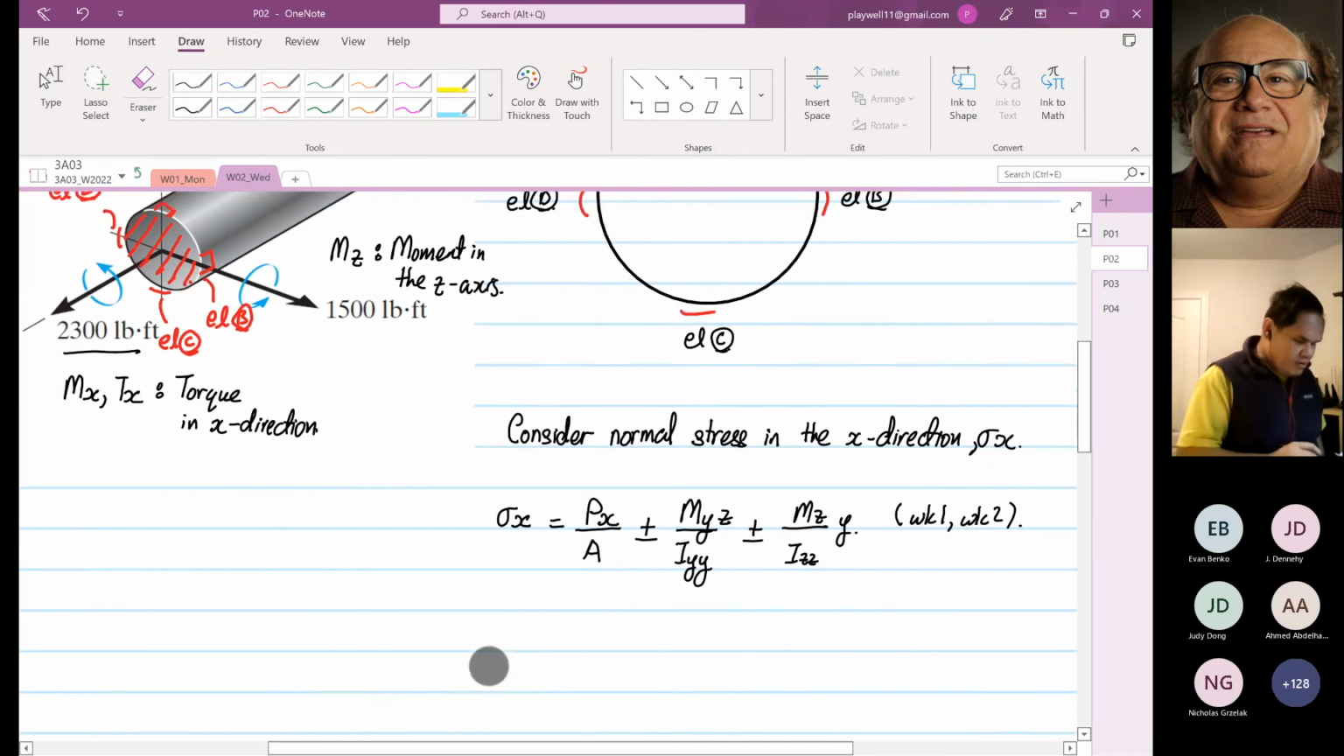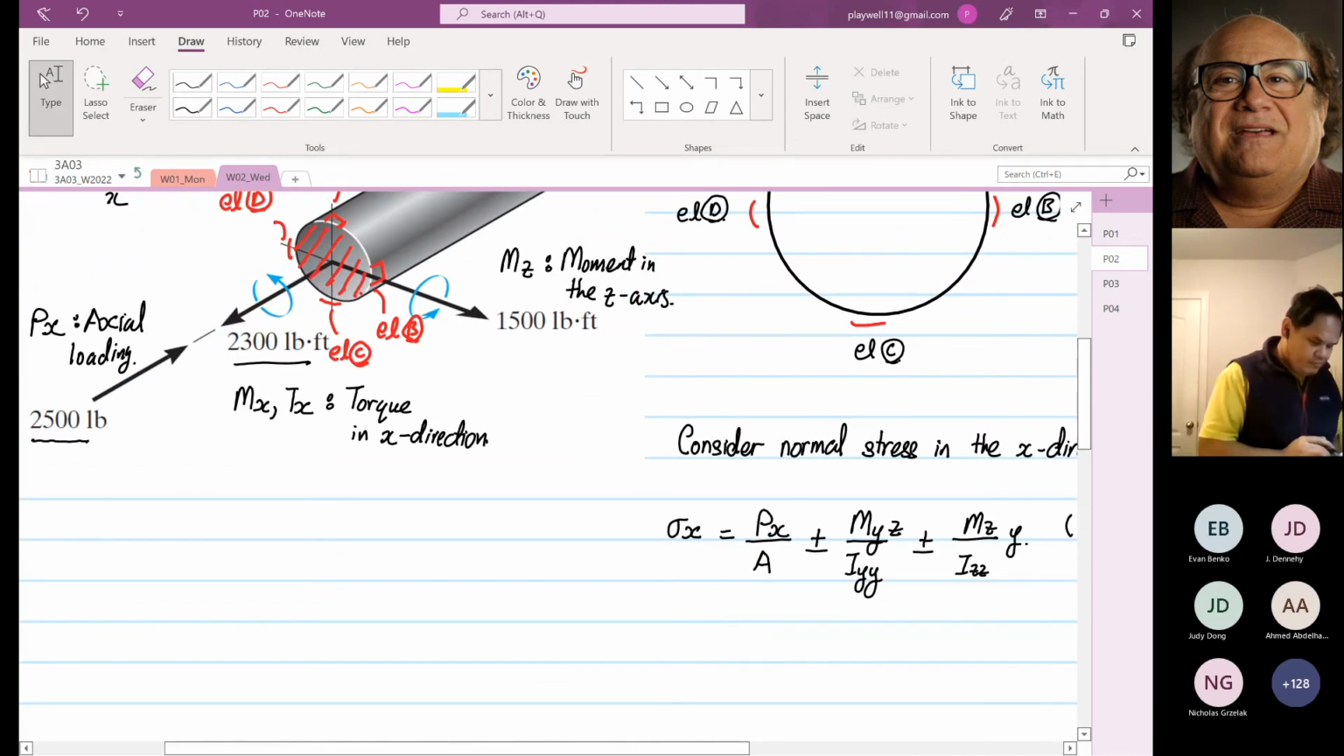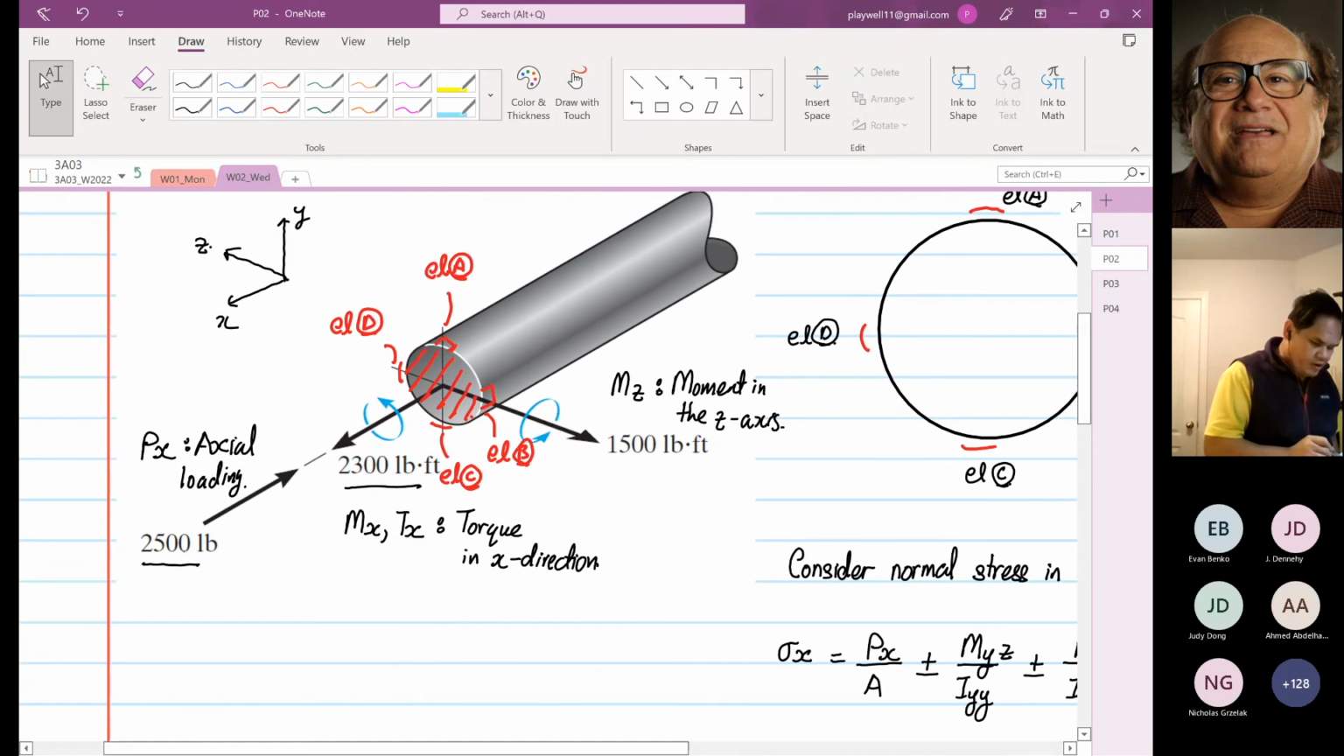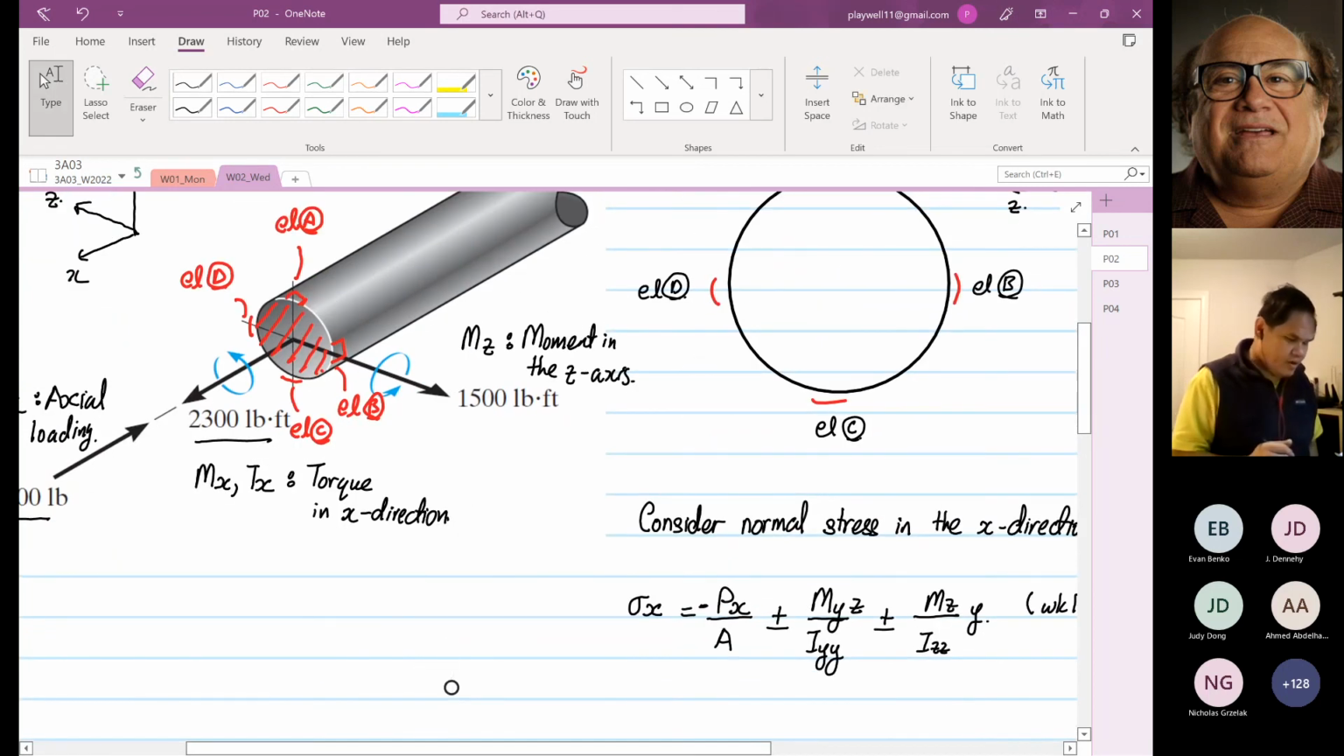Now coming back to our structure over here, we have a compression of 2,500. So we know that the first one is going to be negative. The rest we don't know yet, but if